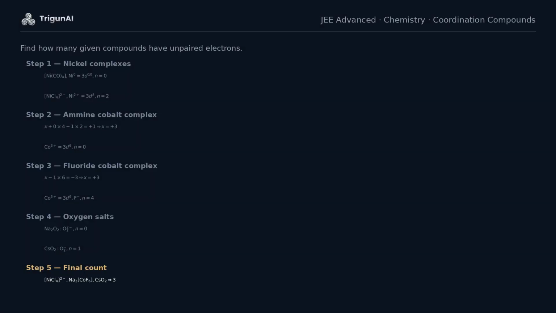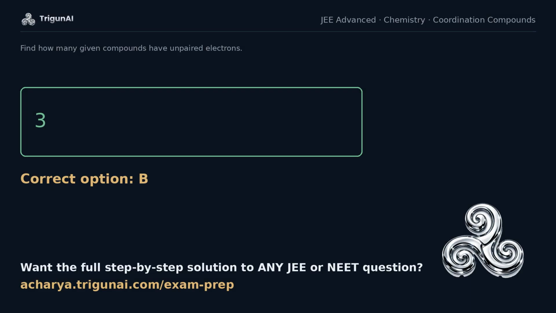Thus the paramagnetic compounds are tetrachloronickelate(II), sodium hexafluorocobaltate, and cesium superoxide. The total count is 3. The number of paramagnetic compounds is 3, so the correct